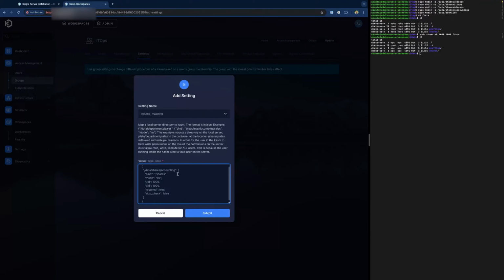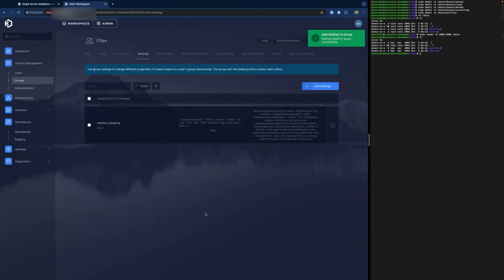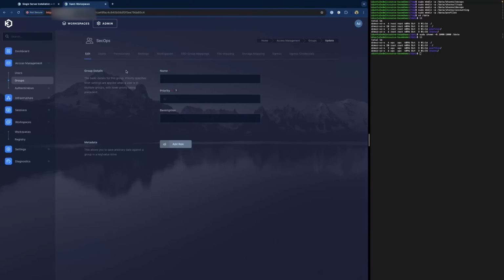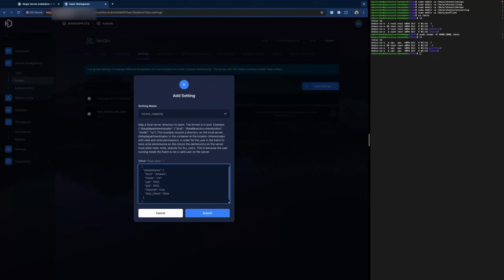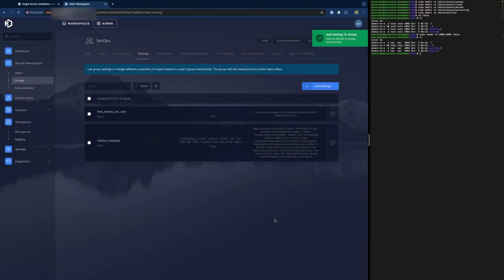Volume mapping. IT Ops. And then SecOps. For SecOps, we're just going to mount it right at shares so that our security team has access to everyone's volume mappings. And we'll go ahead and hit submit.